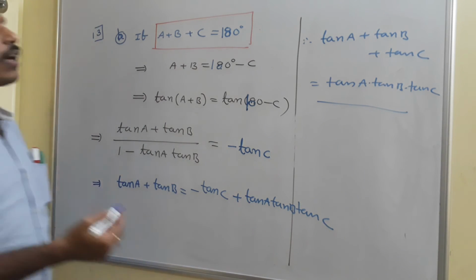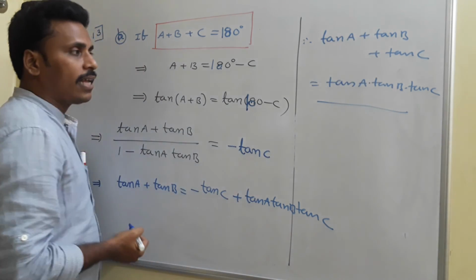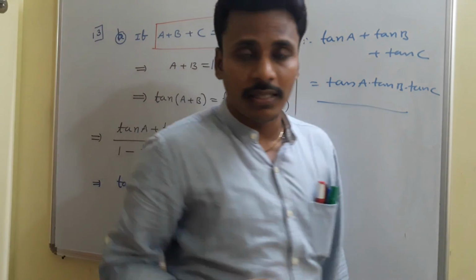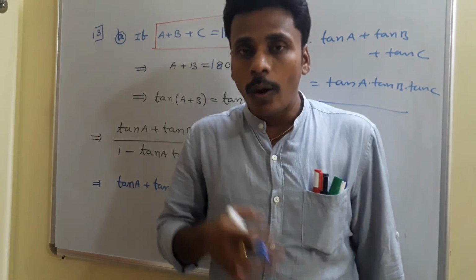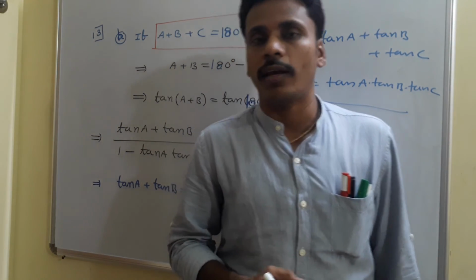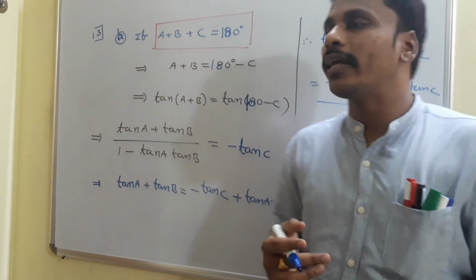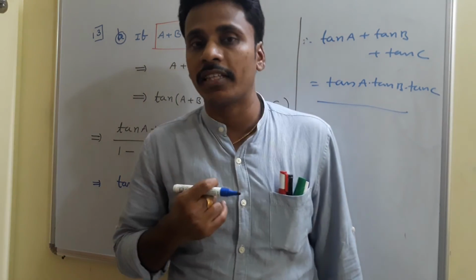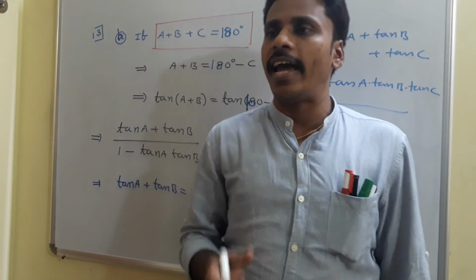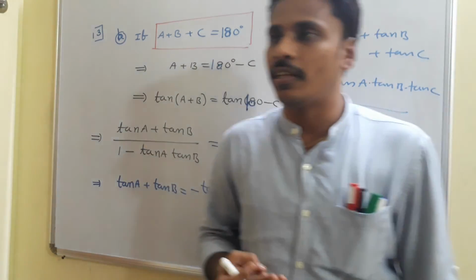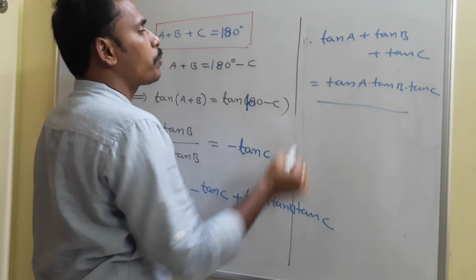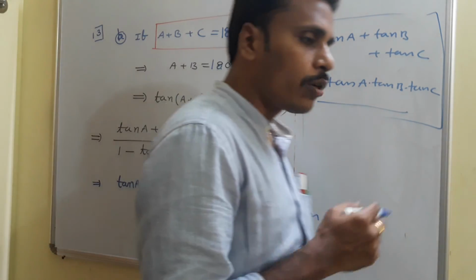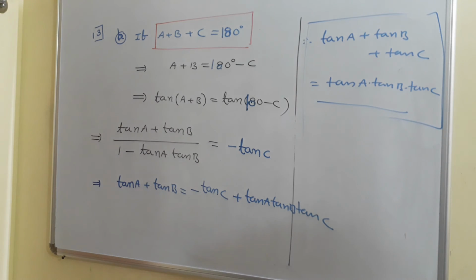See, we can write it like: sum of tan A, tan B, tan C is equal to the product of tan A, tan B, tan C if A plus B plus C is equal to 180 degrees. Very useful thing for many purposes. Usually where will you get this A plus B plus C equal to 180 degrees? Usually in a triangle, the sum of three angles is 180. So for any triangle, if you have three angles like A, B, C, then for those three angles we have this particular result: tan A plus tan B plus tan C is equal to tan A into tan B into tan C. Just have a look.